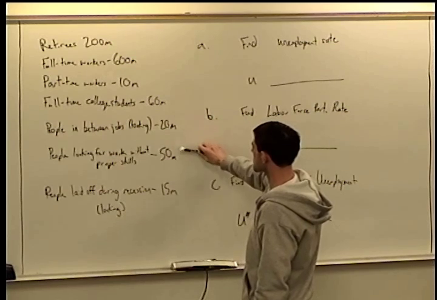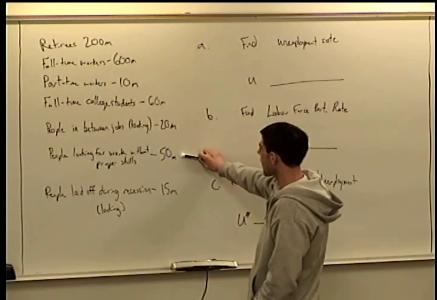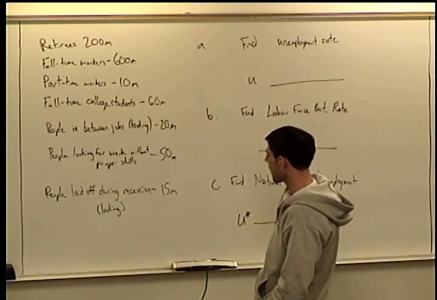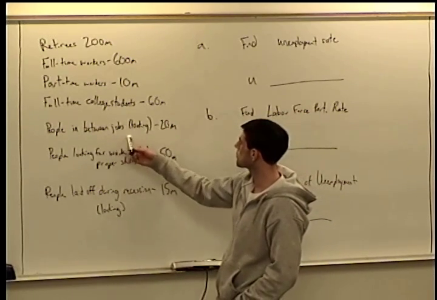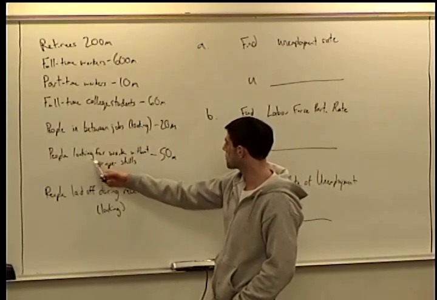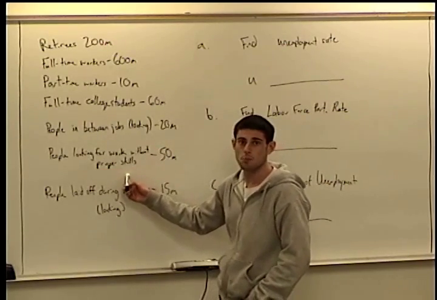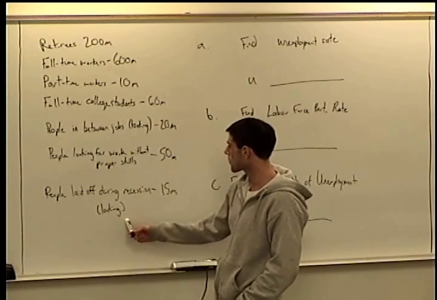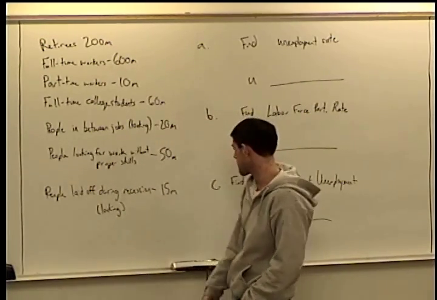people between jobs, 50 million without work looking for work, and 15 million, so these people are between jobs, but they're looking for work. These people are without work because they lack proper skills, but they're also looking for work. And then these people are looking for work, but they got laid off due to a recession, and there's 15